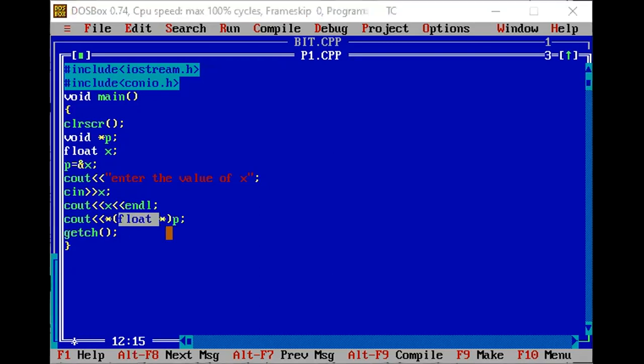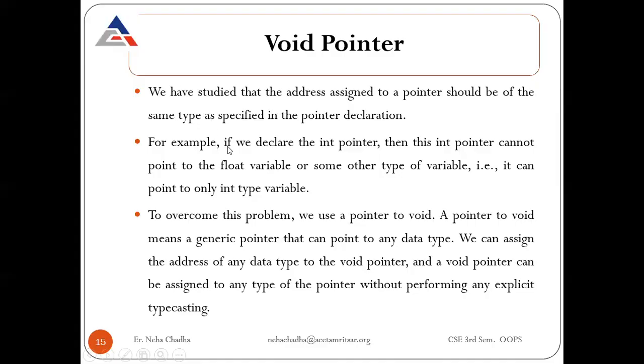I will come to the definition again so you will get more clarification. It said the address assigned to a pointer should be the same type. This was our previous concept when we started our pointer. Now, to overcome this problem, we are going to use the void pointer.